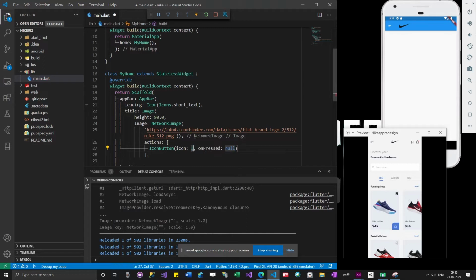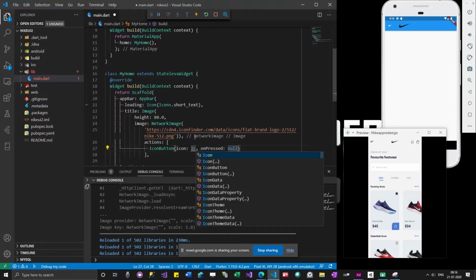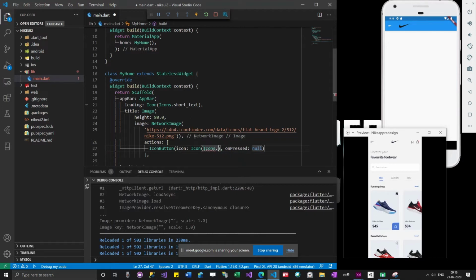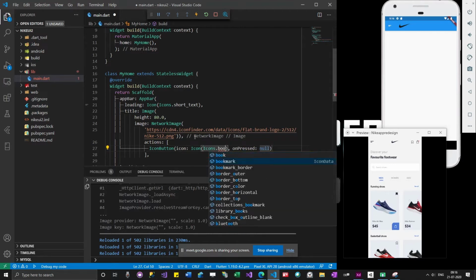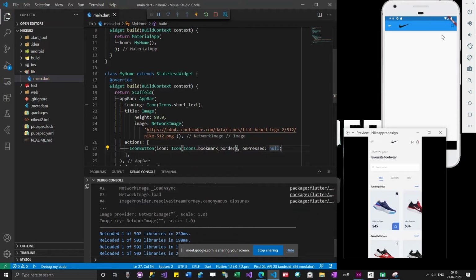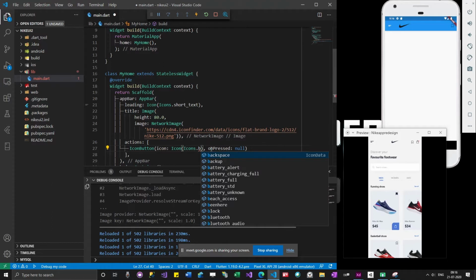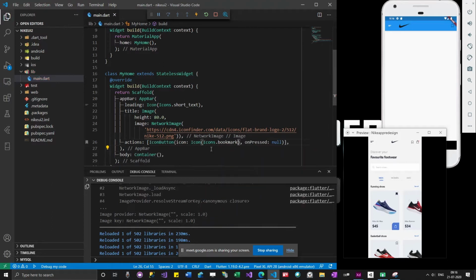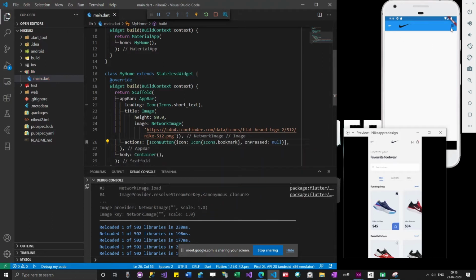So Icon of Icons.bookmark_border. Okay, so for most of the icons we'll have two types of icons. One will be just showing the border, and the other will be the solid icon. The whole thing is turned into black here.